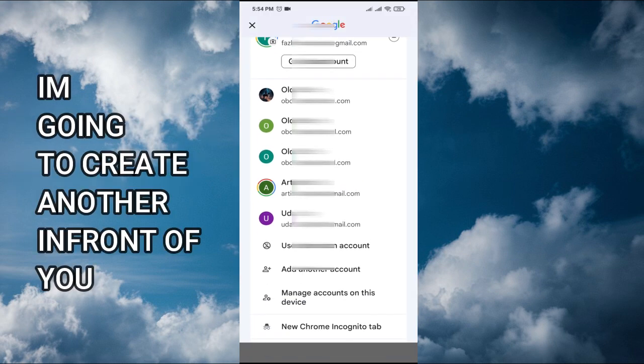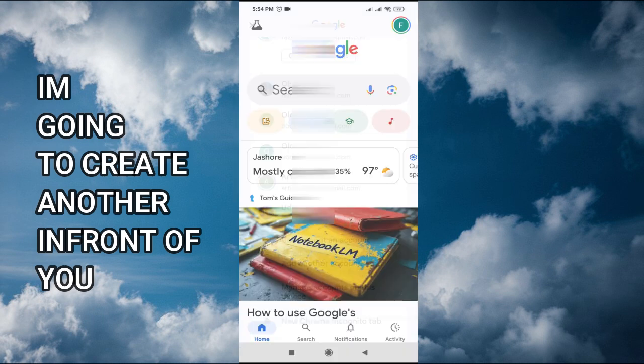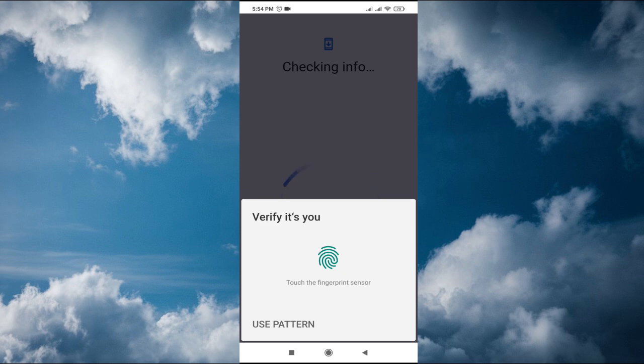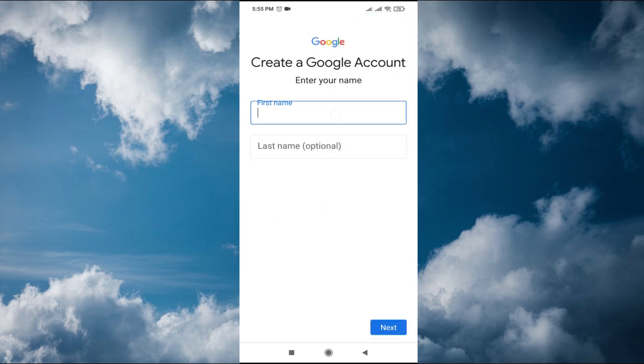The thing is, you have to click on the add another account option. Tap add another account, tap on Google. This will ask you if you have a pattern lock. I have a fingerprint, so I'm just going to give my fingerprint here. Now here you have to tap on create account for my personal use, and I'm just going to give